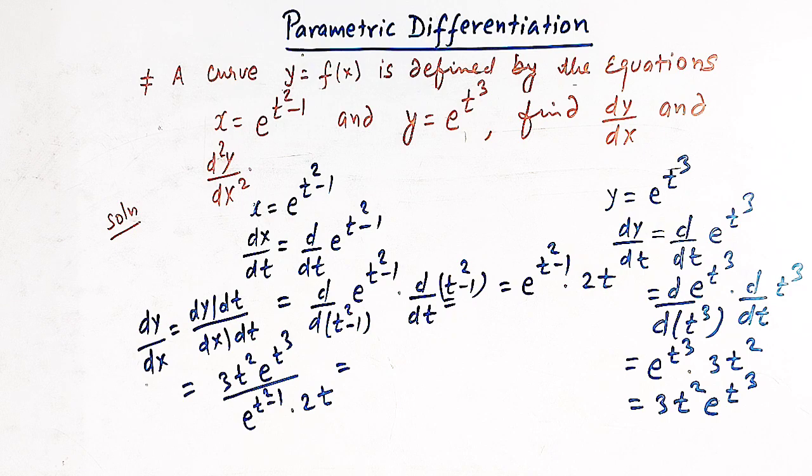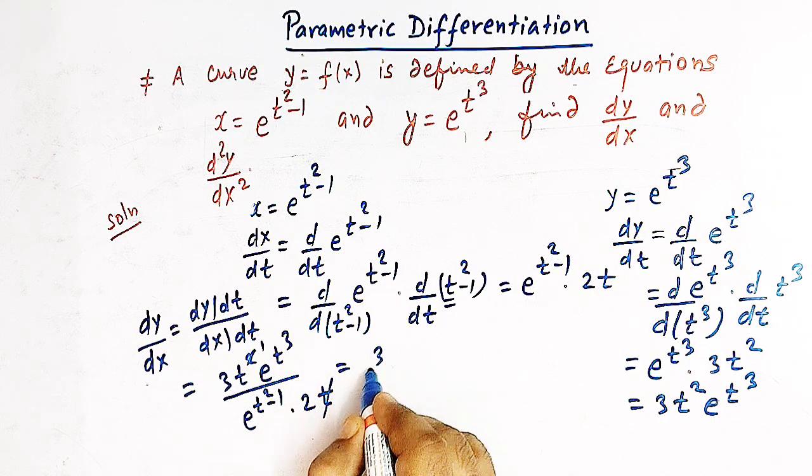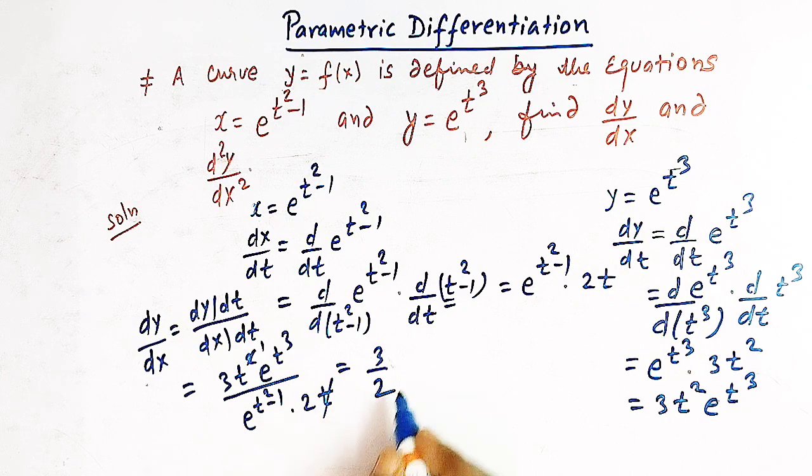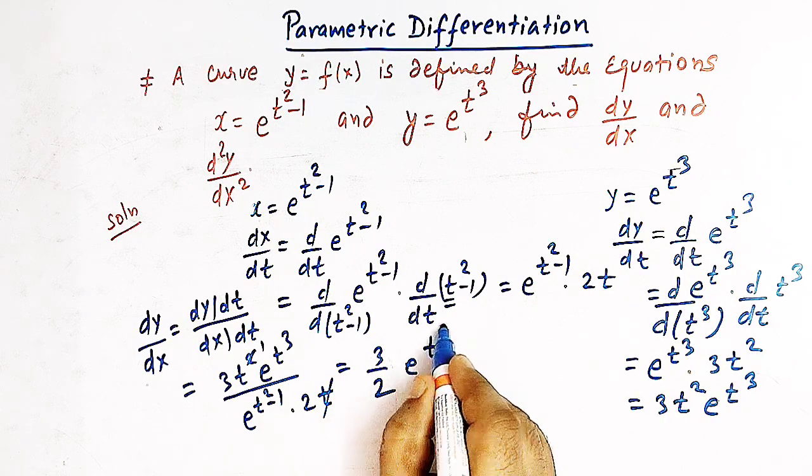So now we can simplify this expression. Here this t and this t get cancelled, and we have 3 over 2 and e raised to t cube,